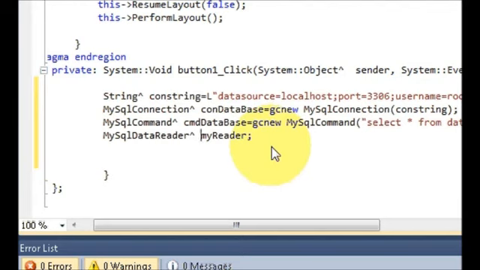I'll make a space here, and this will read our data. And now I will make a try catch block. Try, catch,